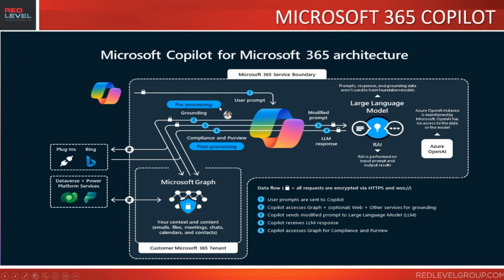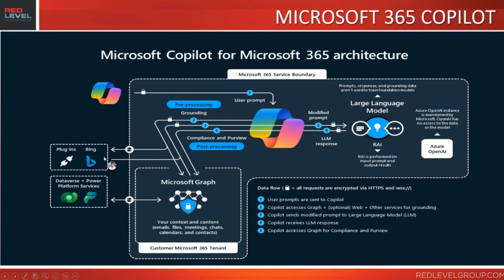This is a high-level architecture of Microsoft 365 Copilot. In this architecture, we're going to see how it works on the back end. All the data flow is encrypted via HTTPS and WSS. When user prompts are sent to Copilot, Copilot accesses Microsoft Graph, and it has web as an optional feature